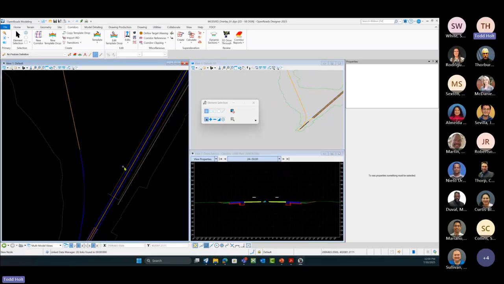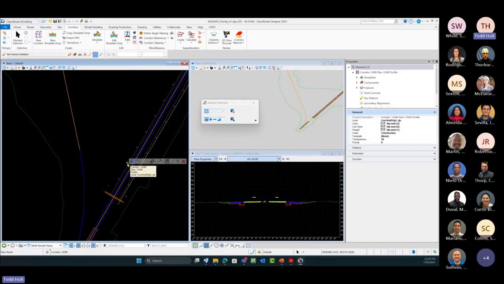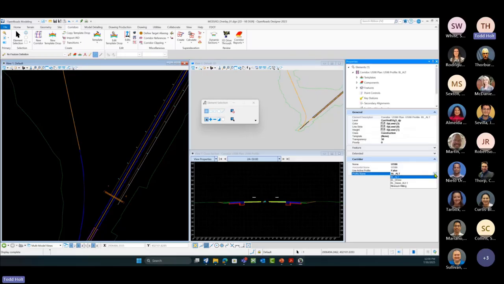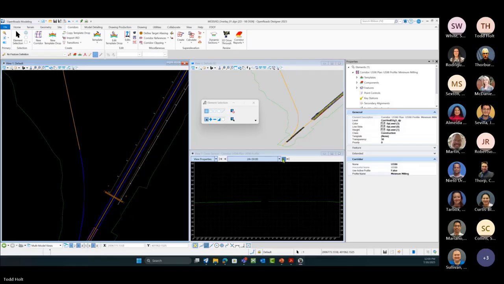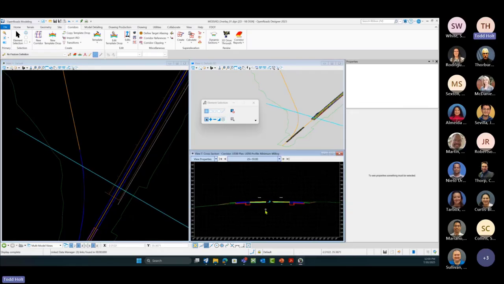And if I come in and select on my corridor and go to corridors and use active profile, I'm going to set that to false. And then I can come in and look at my different alternatives. So there's my original one. Right, there's my minimum milling, and if I switch those, that'll update, and I can see how that's going to affect